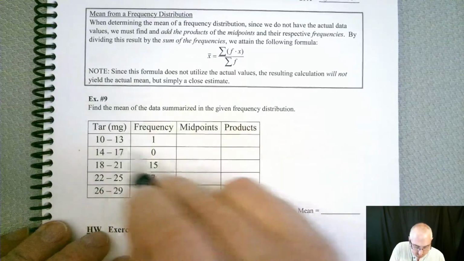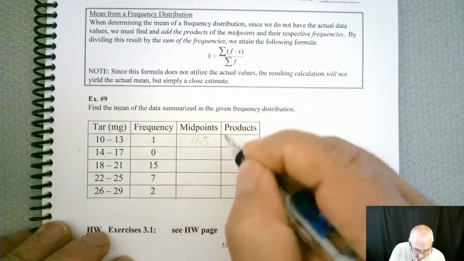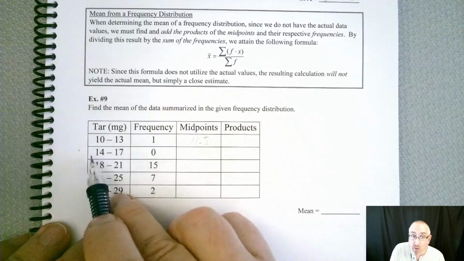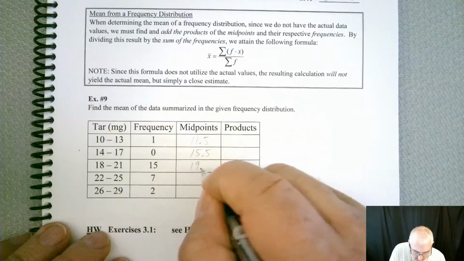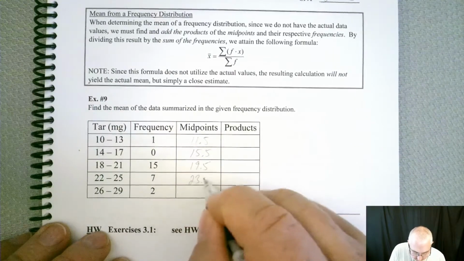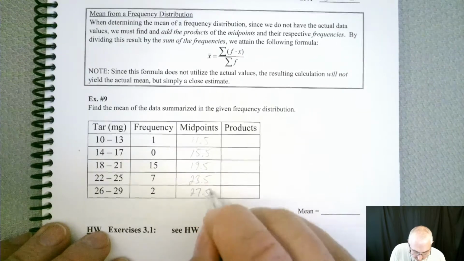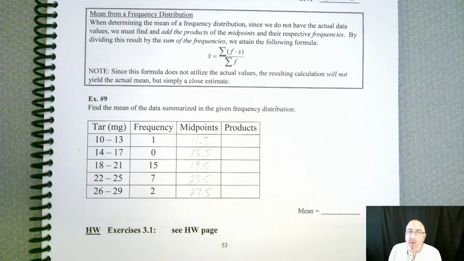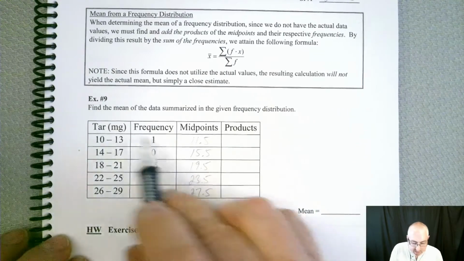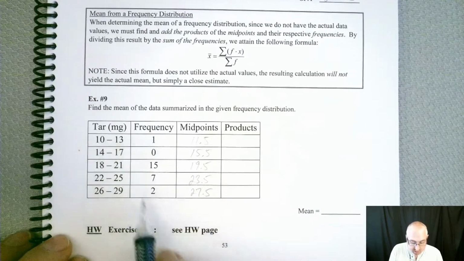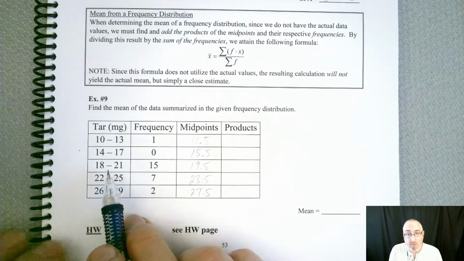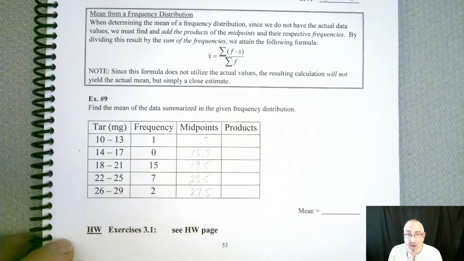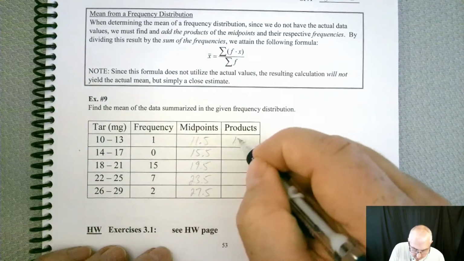So we can find those pretty quick. 11.5, and then we can use our class width, which hopefully you see is 4. So 15.5, 19.5, 23.5, and 27.5. So now we have those x's. Again, we don't know exactly what values we have because it's a frequency distribution. So we just have these frequencies, but we don't know what 15 numbers are in this class. So that's why we're estimating. We're estimating with 19.5. So now if we multiply across,